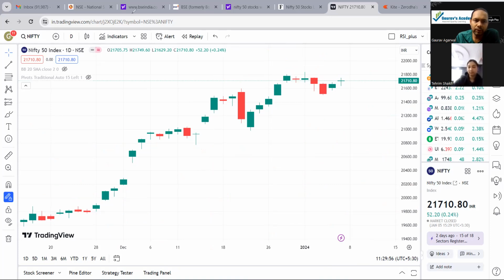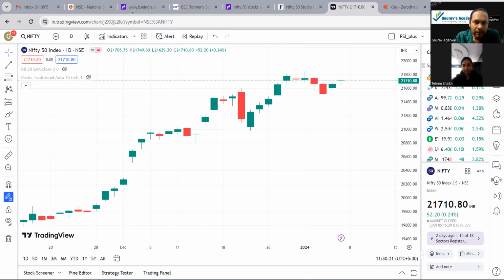So this is how you trade a hammer. If it crosses the high price, you have to buy. If it crosses the low price, you have to sell, right? We just now covered when it crosses the high price. Now we will talk about when it crosses the low price.